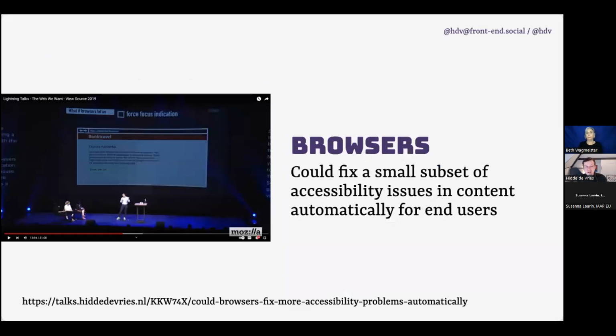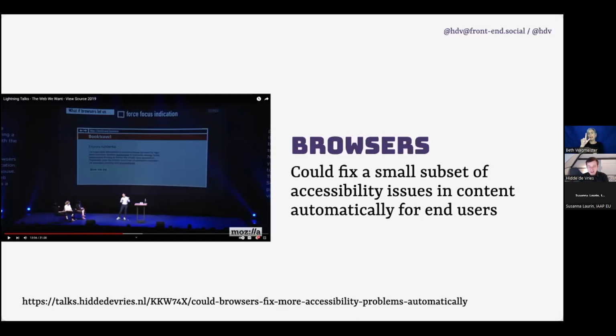Browsers are another place where you can work on accessibility by building it in. Browsers could fix a small subset of accessibility issues in the content automatically for end users. At least that's what I think. I have been modest and put in a picture of myself presenting somewhere else. I'm sorry to do that, but this is a picture of me at a ViewSource conference a few years ago, a conference organized by Mozilla for people who work on browsers.